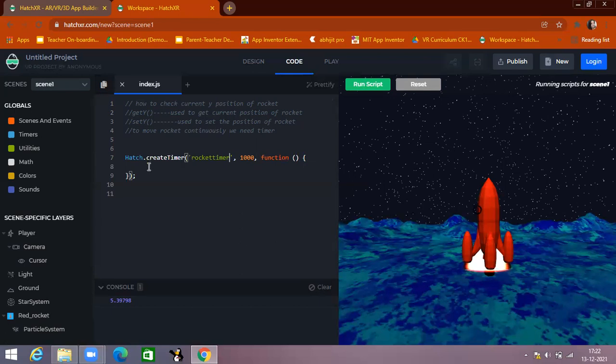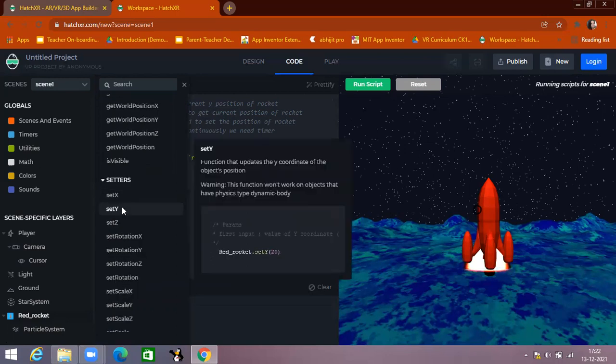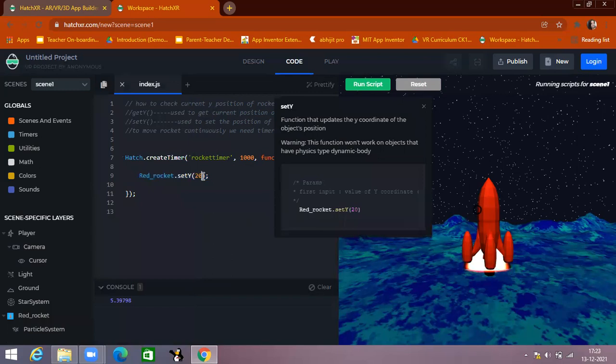Now see how to write the code. You can write the code and you can get the function from here also. So write underscore rocket. First, I want to find the set y function. You can see this is the set y function. Here 20 is written. I'm deleting this 20 and here I want to place the get y.